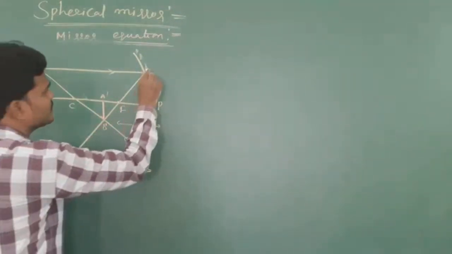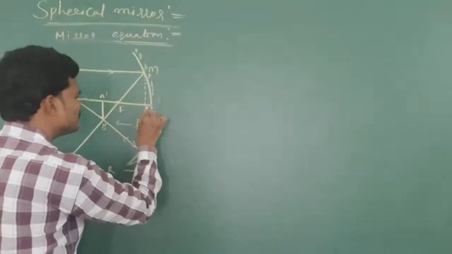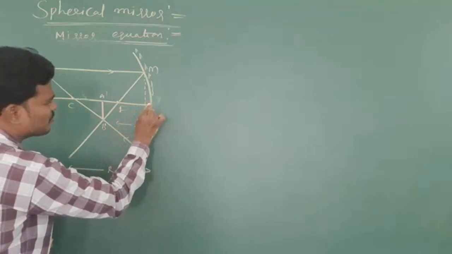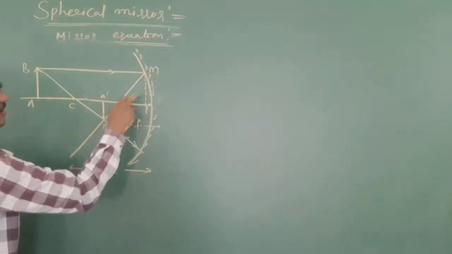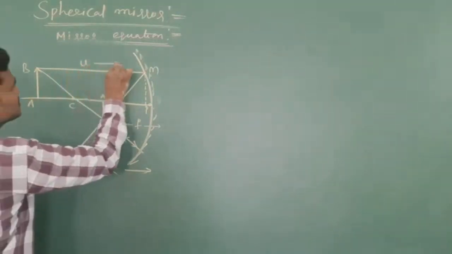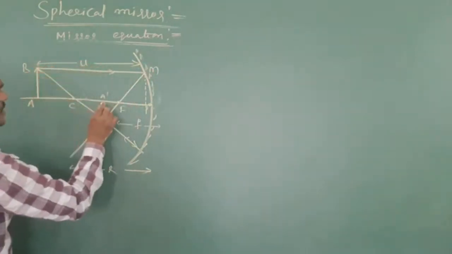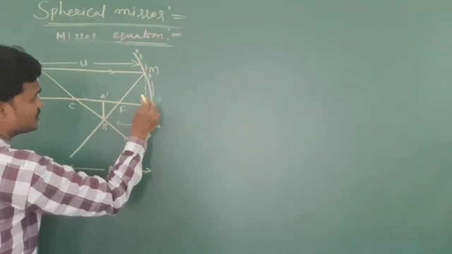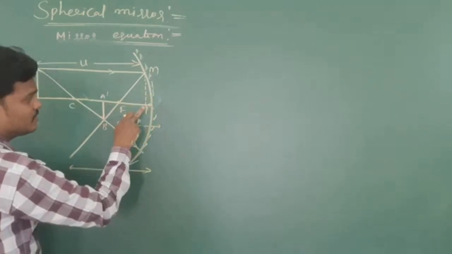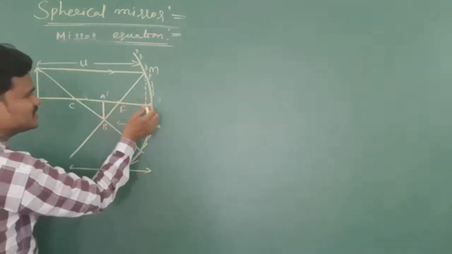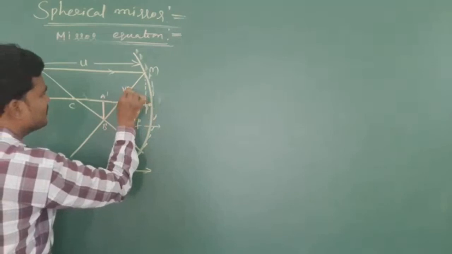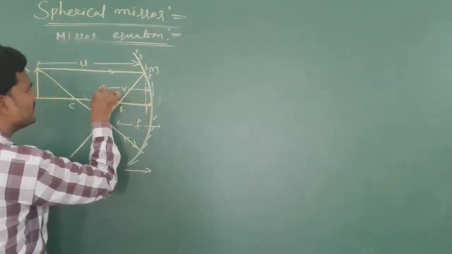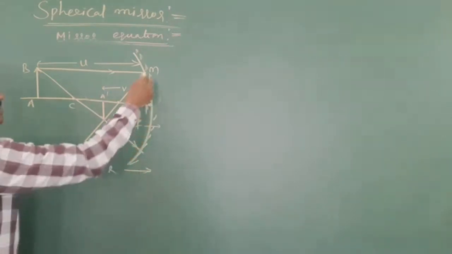See, there are so many triangles. If I take this as M, and a normal, let me take this as P. Of course, I have to take P dash, but almost this is the pole, so let me avoid one extra P dash symbol. See, there are so many triangles: 1 triangle, 2, 3, 4. Object distance is U from the pole. Image distance is V. The small gap I am neglecting, so that's not a problem.